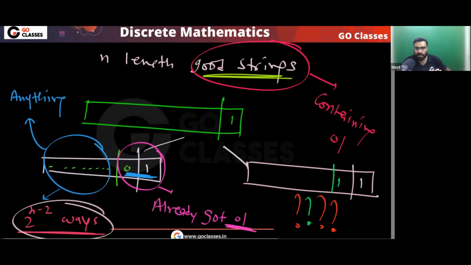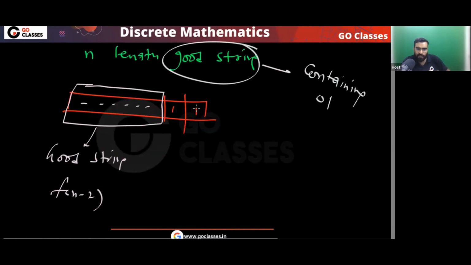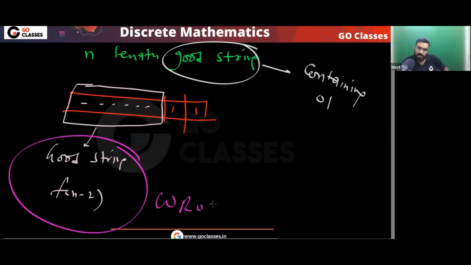Okay, now if you are ending with 1 1, can I simply say that here you must have a good string? The answer is no. This is wrong. Why is this wrong? Focus, why is this wrong? This is wrong because